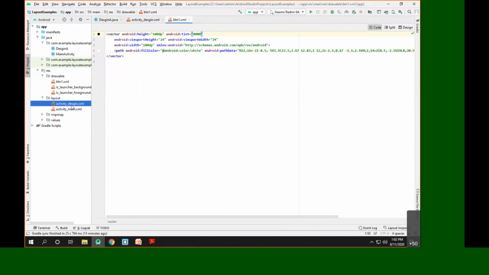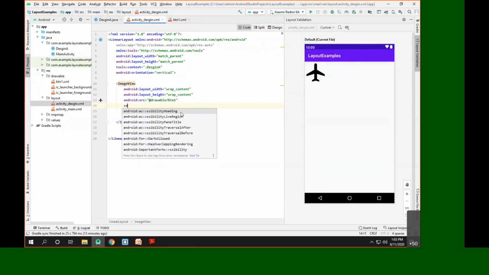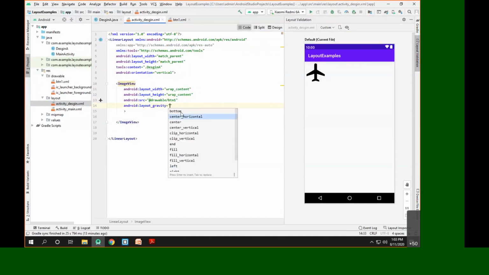And once we set this color here, you can see the image is available. Now I need this particular image to be at the center. So gravity, I can set it as center horizontal, so it will be horizontally centered.